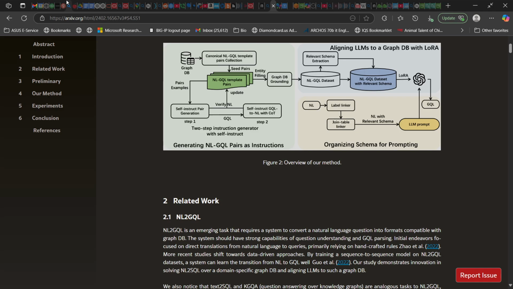Gao et al. 2024. Yunfan Gao, Yun Xiong, Xinyu Gao, Kangxiang Jia, Jinliu Pan, Yuxi Bi, Yi Dai, Jiawei Sun, Qianyu Guo, Meng Wang, and Haofen Wang. 2024. Retrieval Augmented Generation for Large Language Models, a Survey. Gao et al. 2023 C. Yunfan Gao, Yun Xiong, Xinyu Gao, Kangxiang Jia, Jinliu Pan, Yuxi Bi, Yi Dai, Jiawei Sun, and Haofen Wang. 2023 C. Retrieval Augmented Generation for Large Language Models, a Survey. arXiv preprint